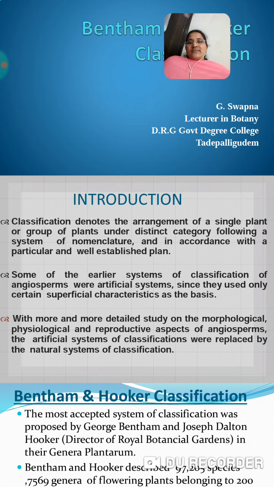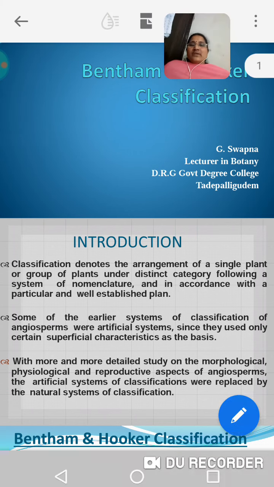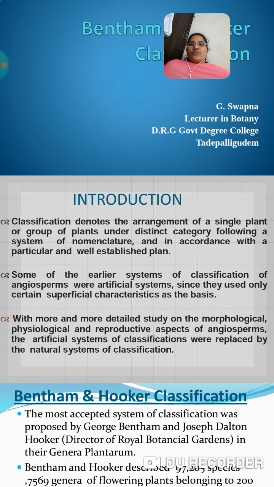Now, the natural system of classification is a natural process. The scientists observe and study various morphological characters like the root system, shoot system, all the vegetative characters like stem and leaf characters, and the floral characters, as many as possible. In the natural system, the scientists observe many natural characters, study the different types of characters, and based on all those natural characters they classify the plant. Such classification comes under the natural system of classification.